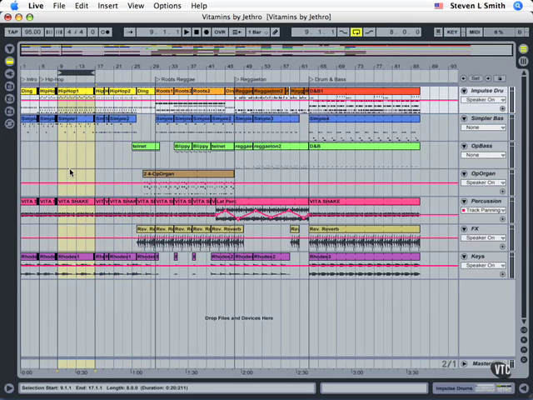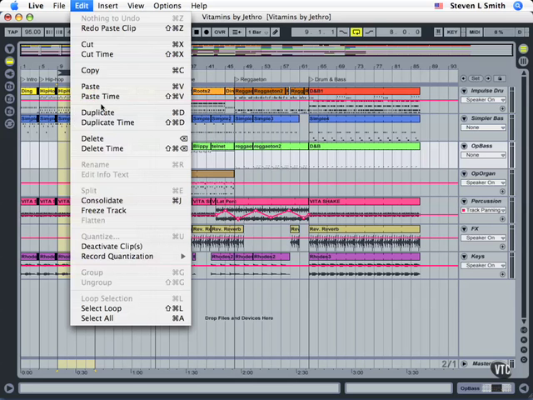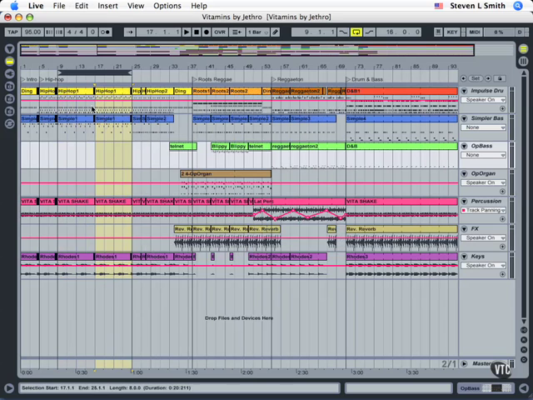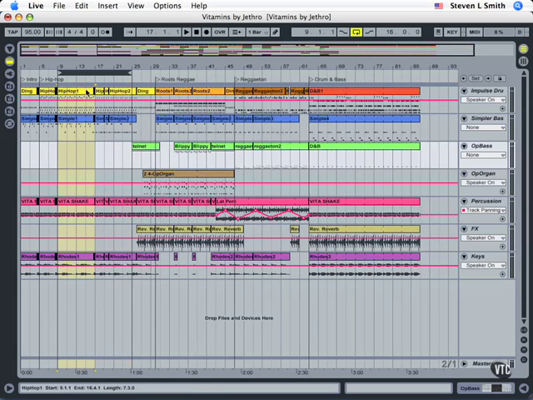So now if you'll notice this area is yellow, what this means is that anytime you click on the loop brace, it selects all the information for every track from that beginning point to that end point, ready for editing. So I could go to Edit Duplicate Time. So it made a duplicate of this section and inserted it, moving everything else down later, adding more time as it made the copy. I'm going to undo that, change my loop brace back down to 8 bars,